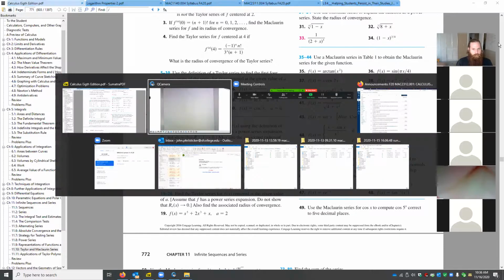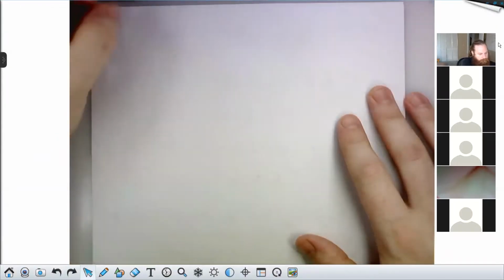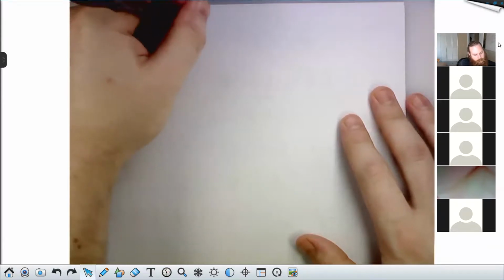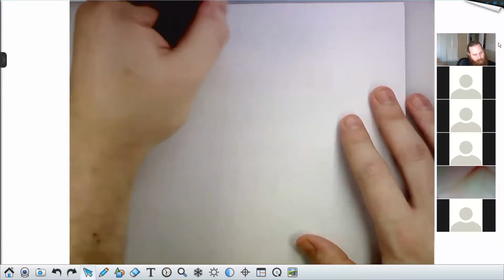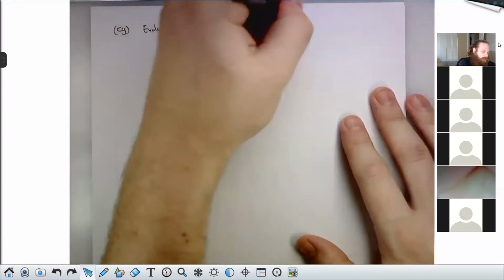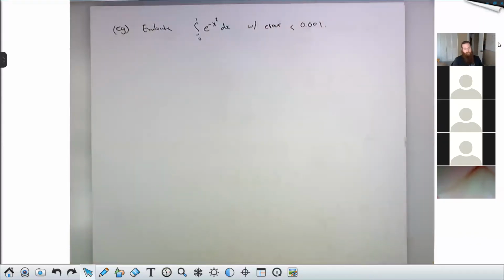So let's come back here. Let's evaluate the integral from 0 to 1 of e to the negative x squared dx with error less than 0.001. It doesn't tell us to do this, but we're going to need series here. And then in order to get control over the error term at the end, we're going to need our estimation